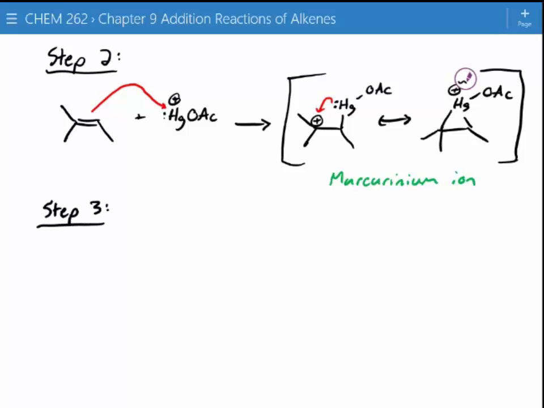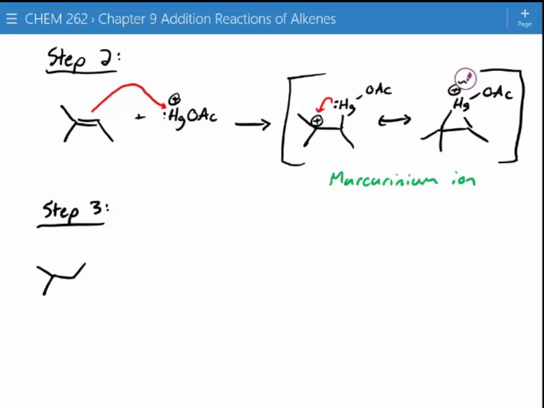Yeah, mercuric acetate is almost exclusively used for this reaction. It's very dirty, and hopefully we'll develop a better method for doing this that avoids heavy metals, but for right now, this is far and away the most effective method for this reaction. So now that we've got this mercurinium ion, I have a hard time saying that,